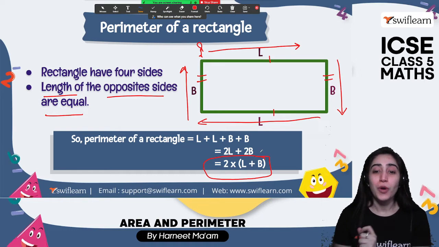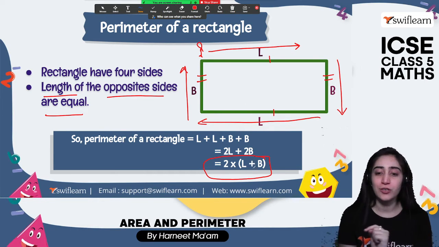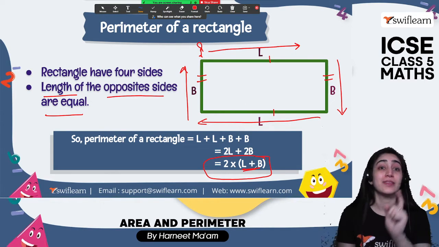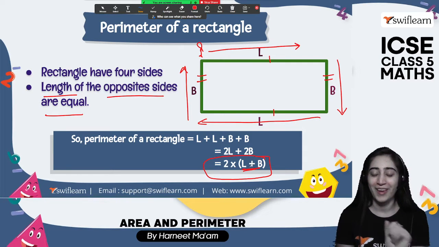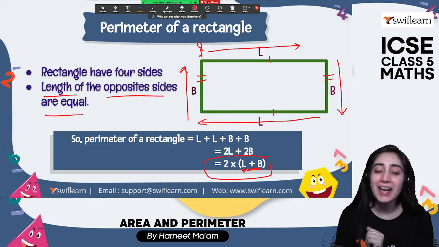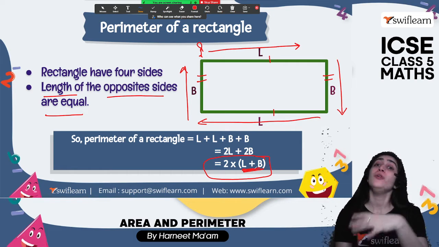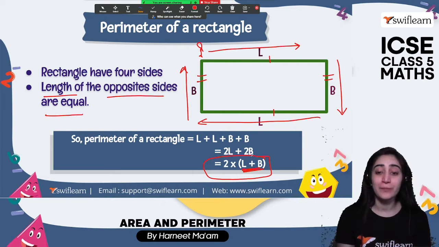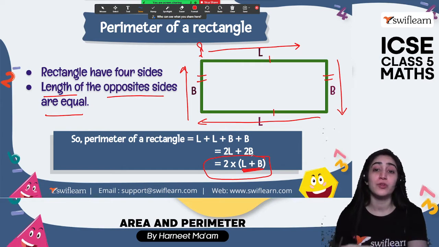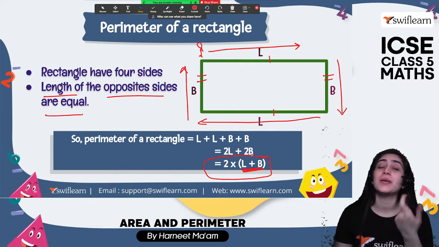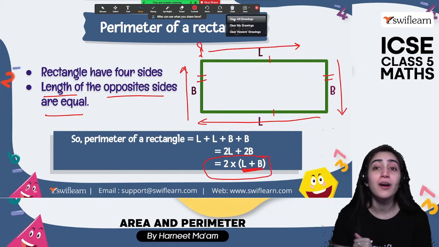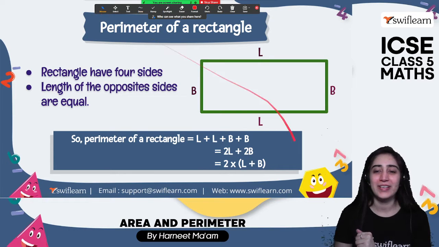All right. So what this means is first you need to add length and breadth. That is important. Don't start multiplying. Okay. Yes. First you add length and breadth. Whatever you get as the answer of that addition, then you multiply it by 2. All right. पहले length and breadth को add करेंगे, फिर उसको 2 से multiply करेंगे, तभी हमारे को मिल जाएगा perimeter of a rectangle.